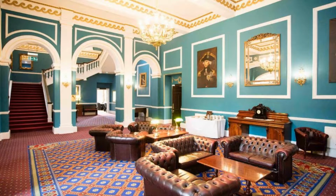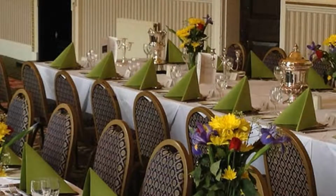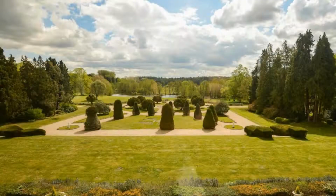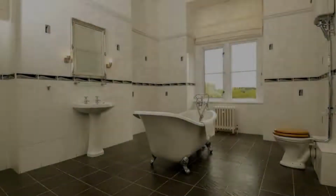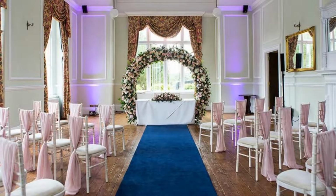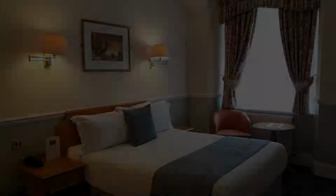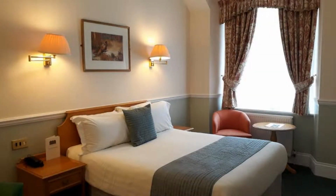The location of the hotel is superb and guests love walking around the neighborhood. There are 10 types of rooms available on booking.com. You can book online and enjoy it. You can see more than 100 reviews of this hotel on booking.com. Its review rating is 7.9,